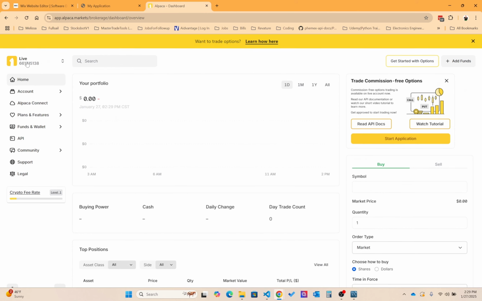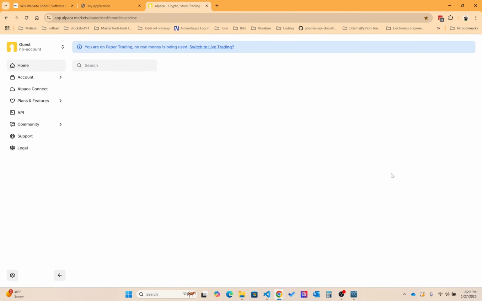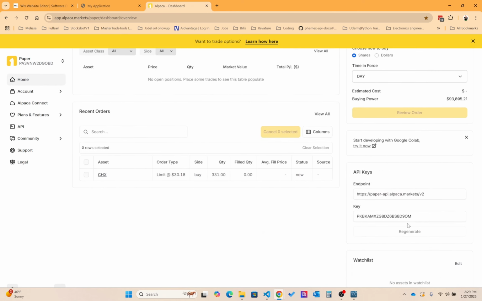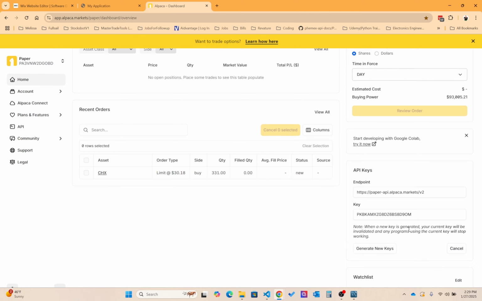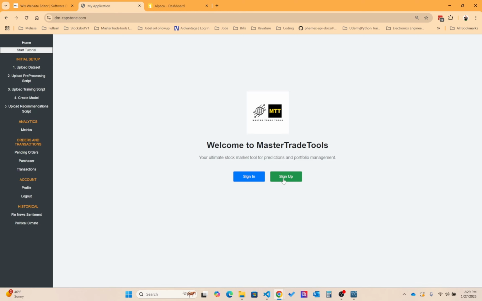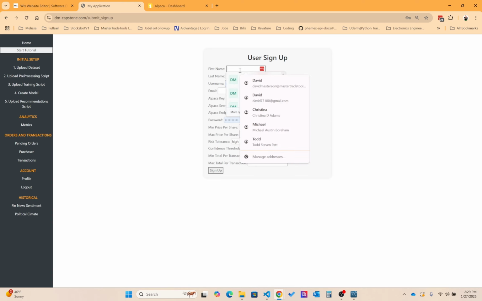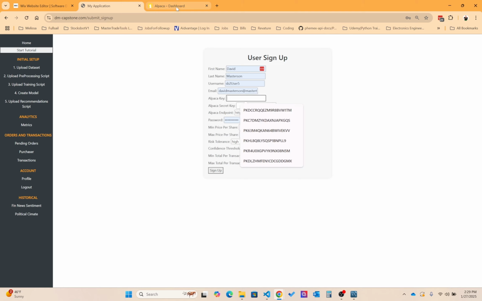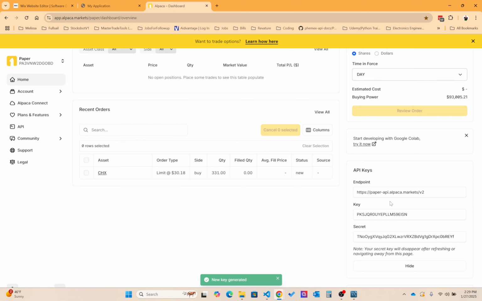And then you're going to go over to this area over here. We're going to scroll down and regenerate our API keys. Then we're going to go back to our application and sign up. Put your information in. That's fine. And then you're going to go to Alpaca, go back to that page, select the key here, copy it,